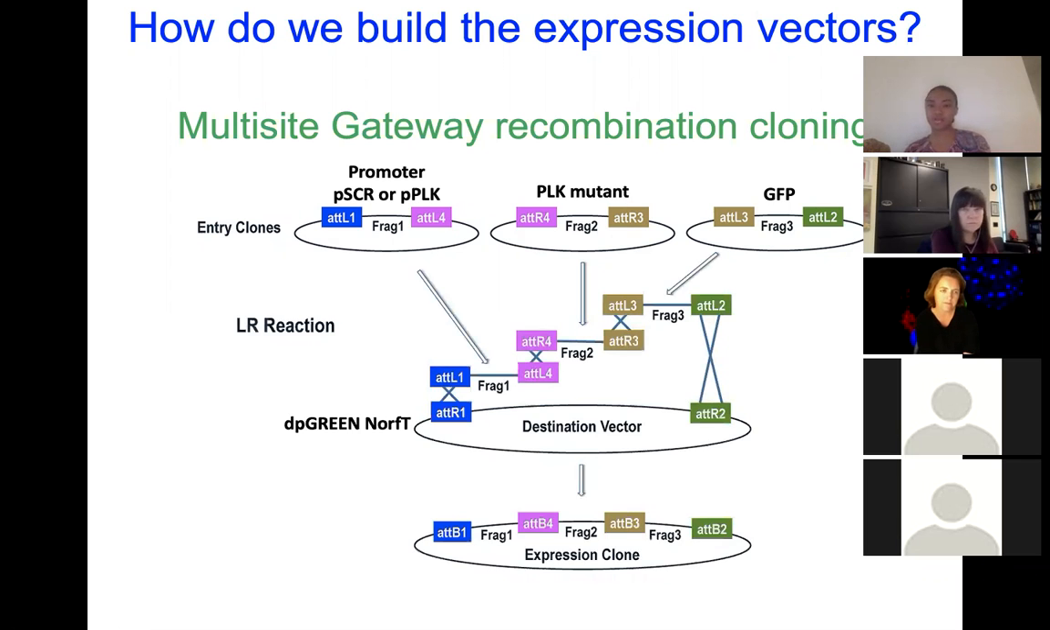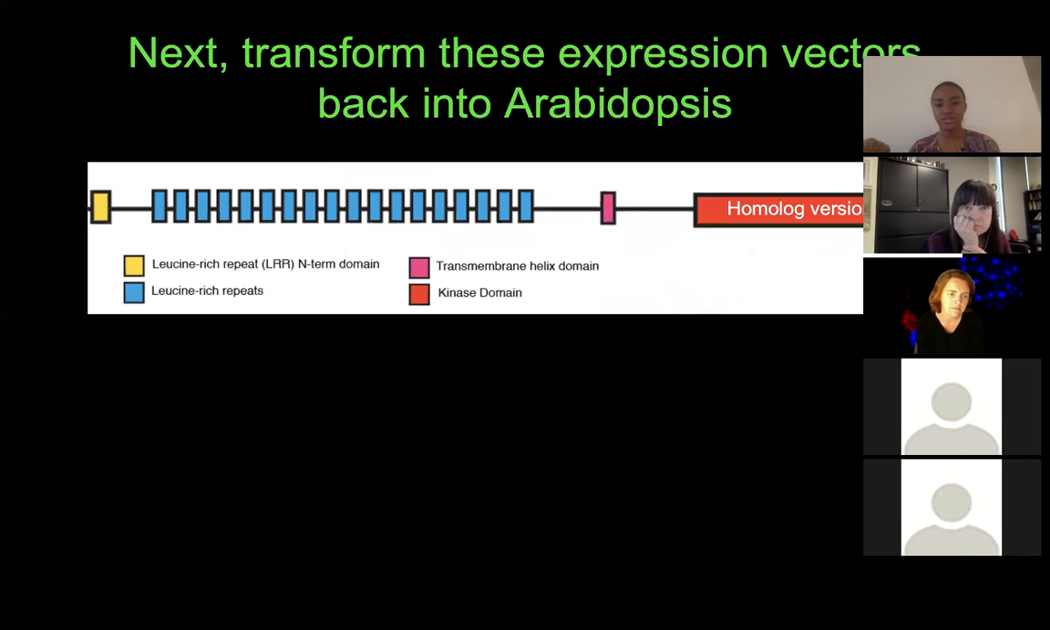It undergoes an enzymatic reaction, and these portions interact so that all of these fragments meet together onto a larger destination vector. And this is the overall expression clone that we're interested in looking at. Then we insert that